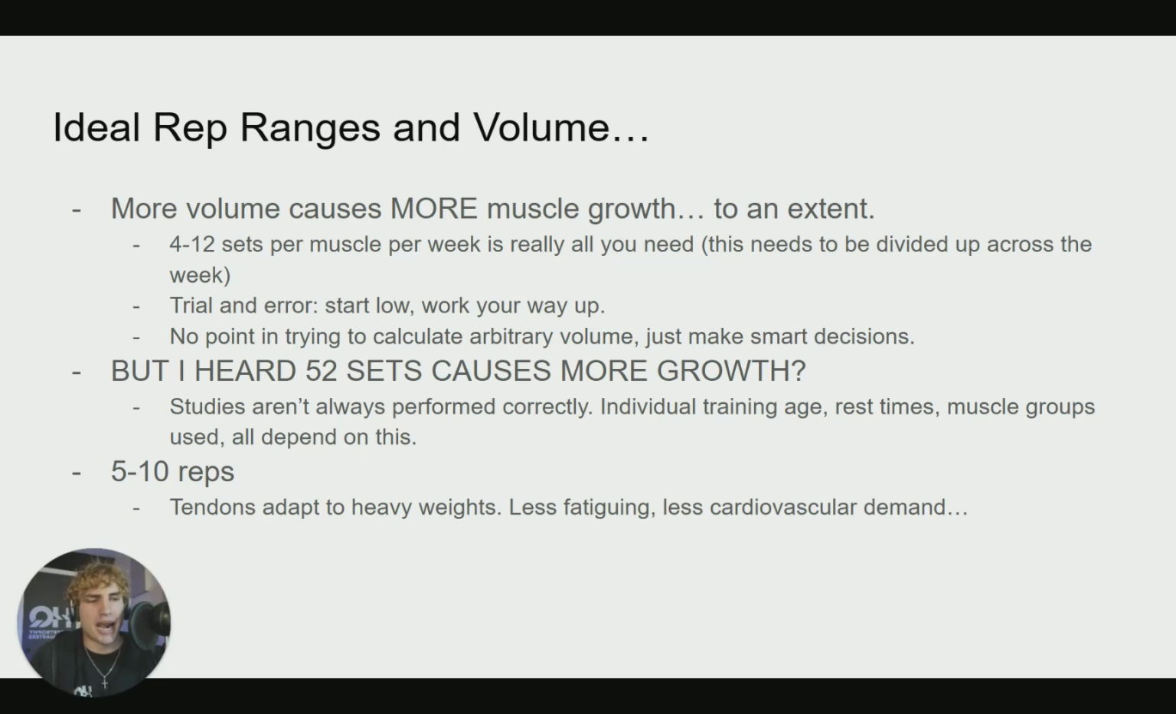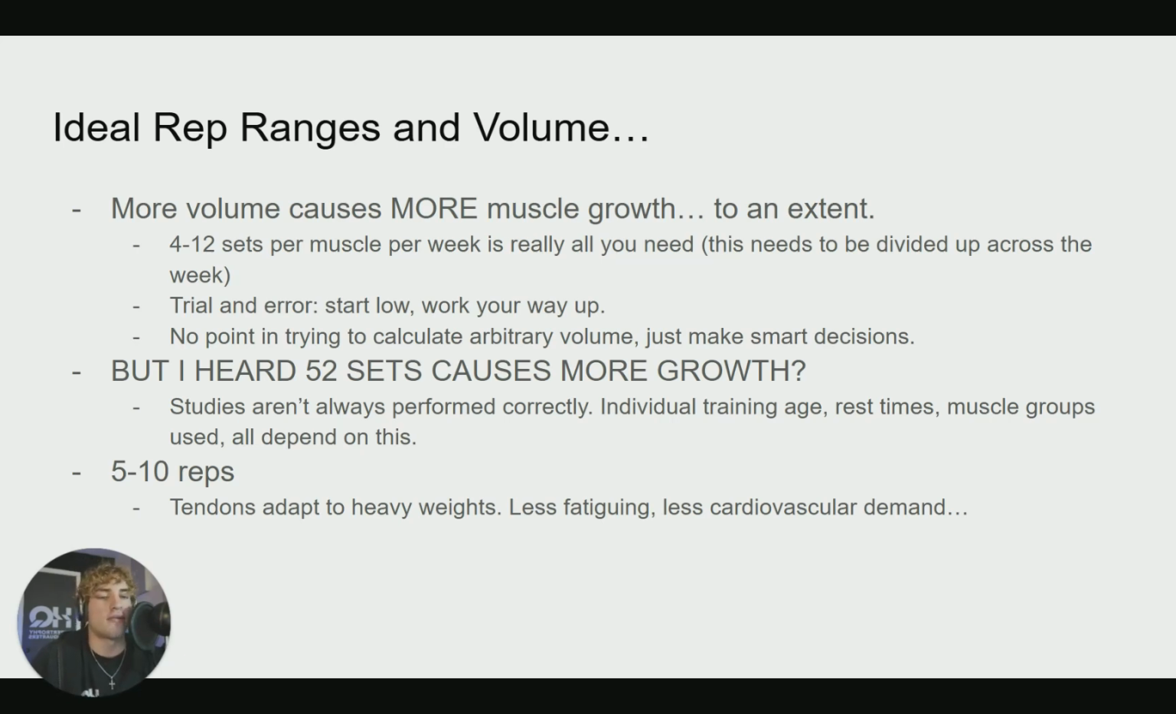Now, a lot of people will say, but I heard 52 sets causes more muscle growth. But listen, guys, studies aren't always performed correctly. So individual training age, rest times, muscle groups used all depend on this. Muscle groups have different recovery times, right? I mean, rest times used, if you're using lower rest times, you're going to need more sets because each set is going to be less effective. We can touch on that later. And that's exactly why